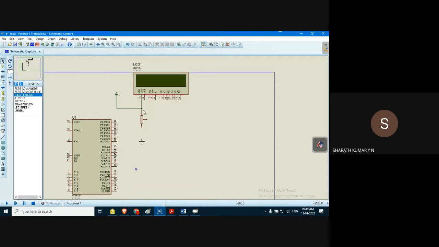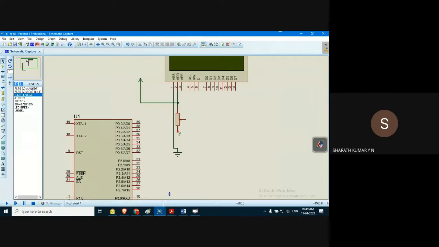So let us do this. Pin number 1 to ground. On the other end there is a wire here, that's why it is okay. So the other end of the pot goes to the ground, and pin number 3 to the pot. The connection is okay, it's one and the same.